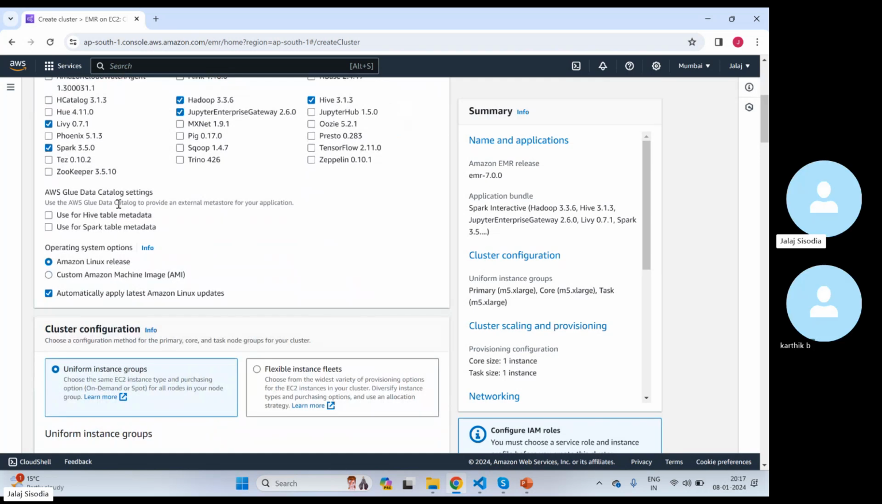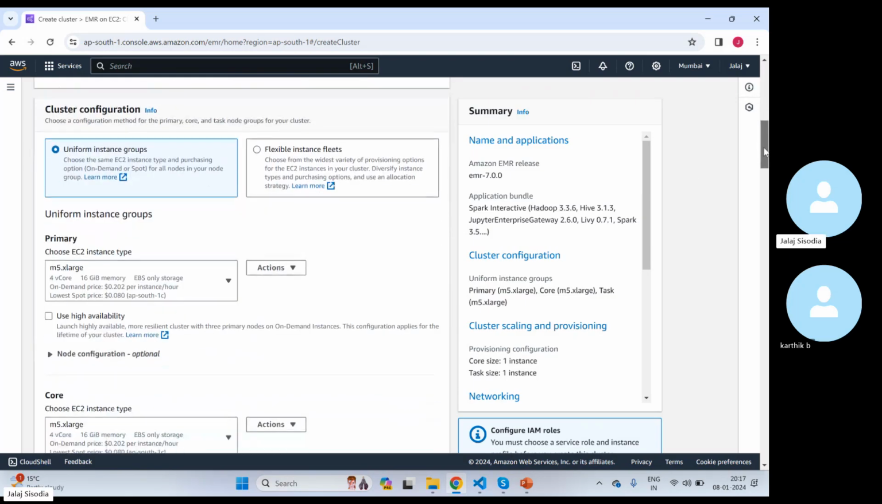Then you can choose these options if you want to use your Athena tables as Hive tables as well. If you check this box, your Athena tables will be reflected as Hive tables. And if you check this box, then your Athena tables will look like Spark tables as well. You can choose which operating system you want to launch, and you can choose the cluster configurations. You can choose uniform instances for all types of your nodes. So eventually, if I come back to my PPT,